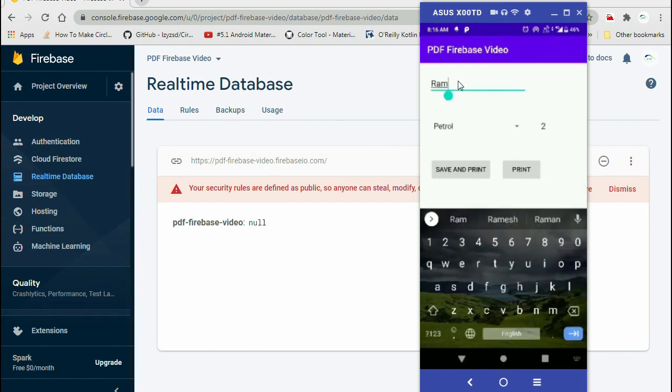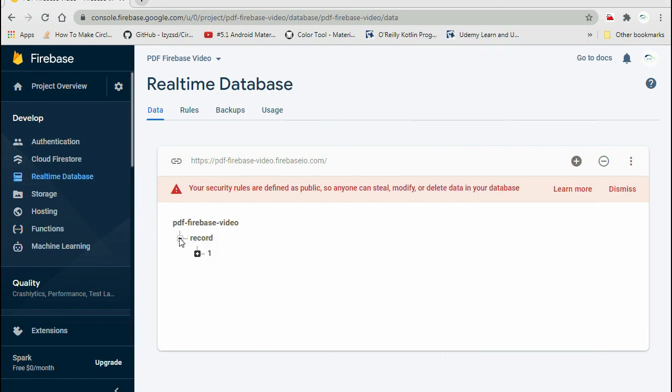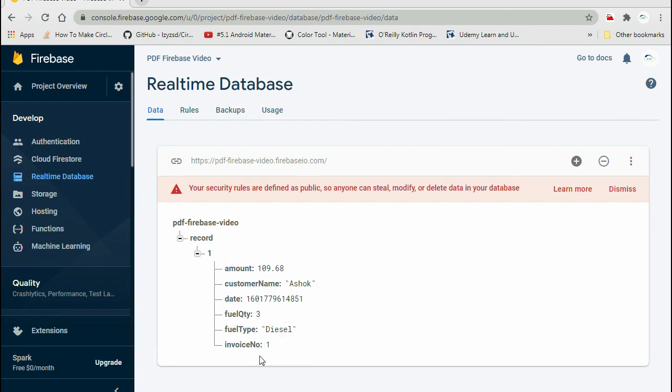First let's add some values, for example name, fuel, and quantity, for example 3 liter. Click on this save and print button, and here you can see the record. I expand this. This is the invoice number, and in this invoice number we have all the values.